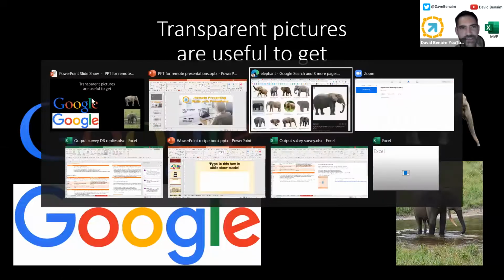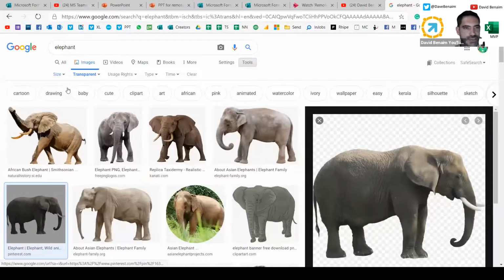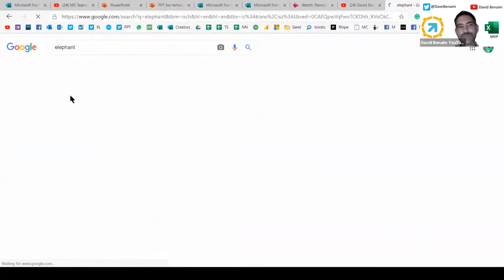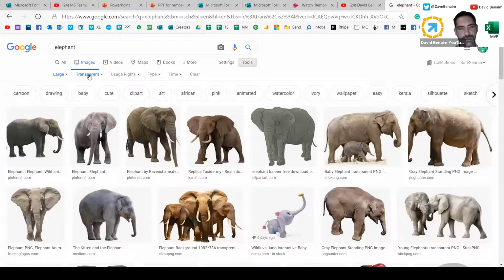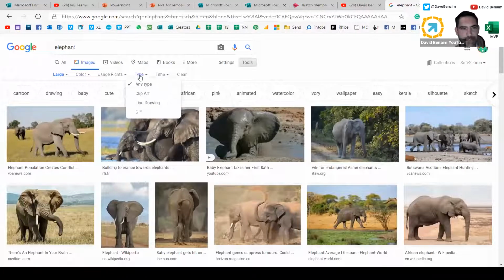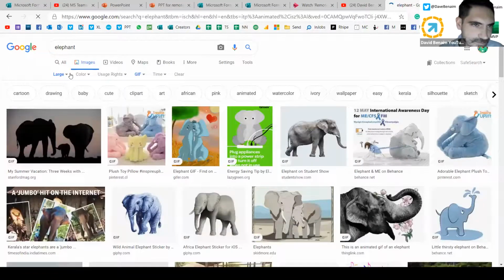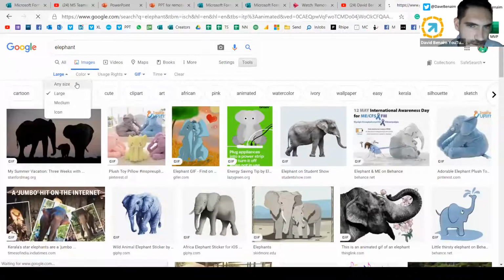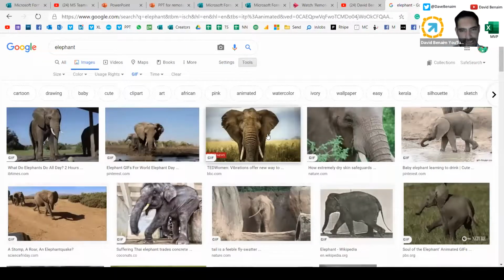Other useful things in here, you can go to size large. This is really great if you want to make sure that it looks really crisp on a PowerPoint slide. You can go to type and choose GIF if you want to get animated images. So just to show you what that's like,